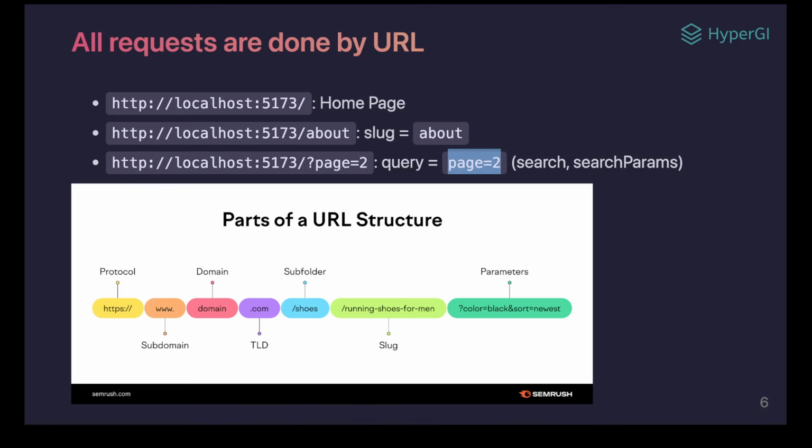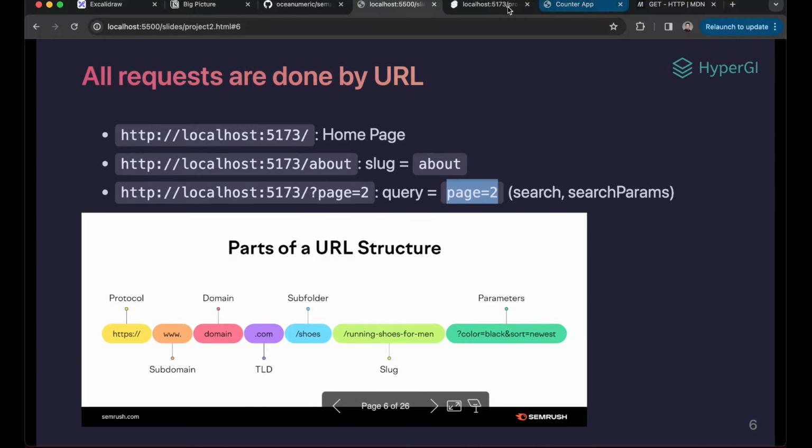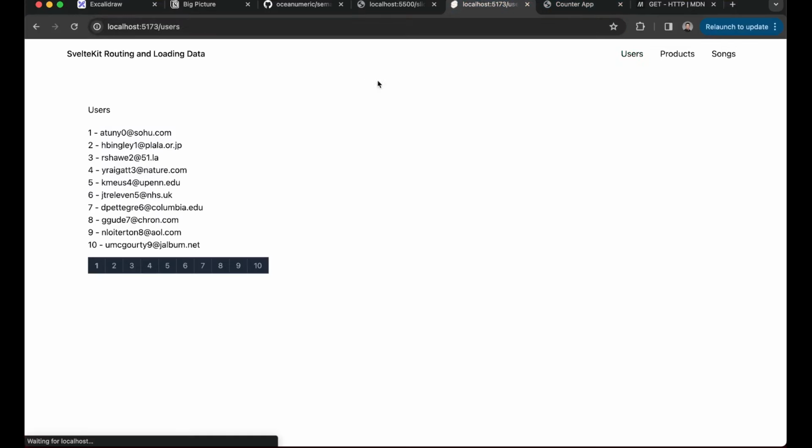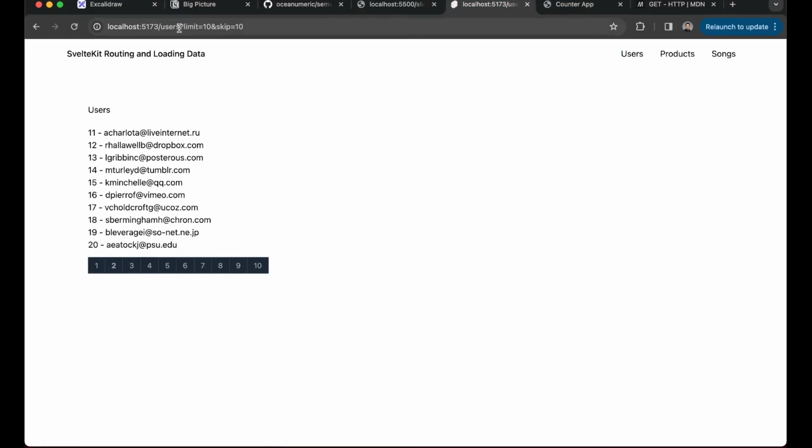You can send a request directly. Like here, I want user. But if you want to go to page 2, here we do it with a query, which means skip the first 10, give me the 10 limit. So it's give me 10. So I use